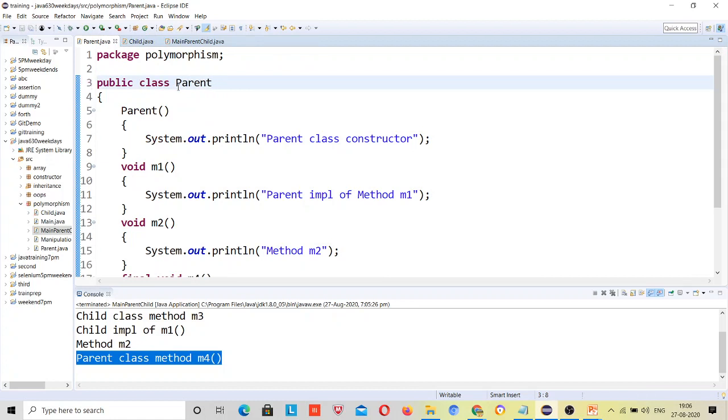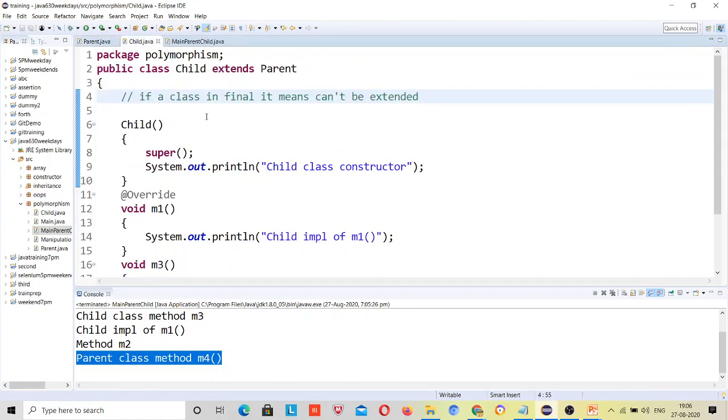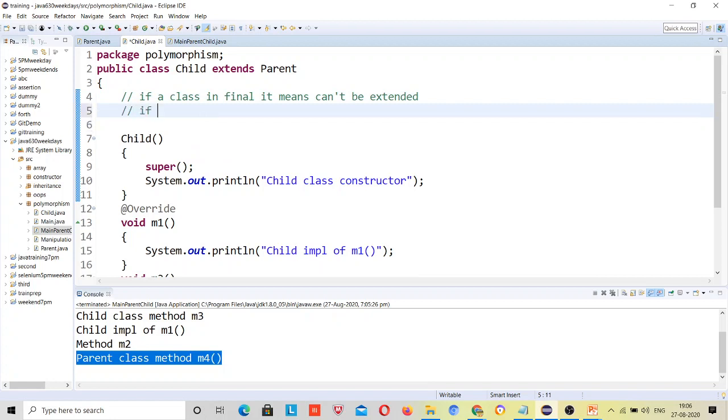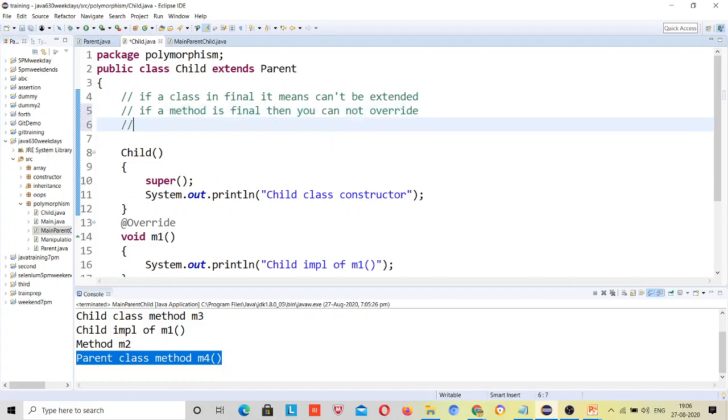So just understand the rules of inheritance. If a method is final, then you cannot override it. If a variable is final, then it is constant, right? And what does constant mean?